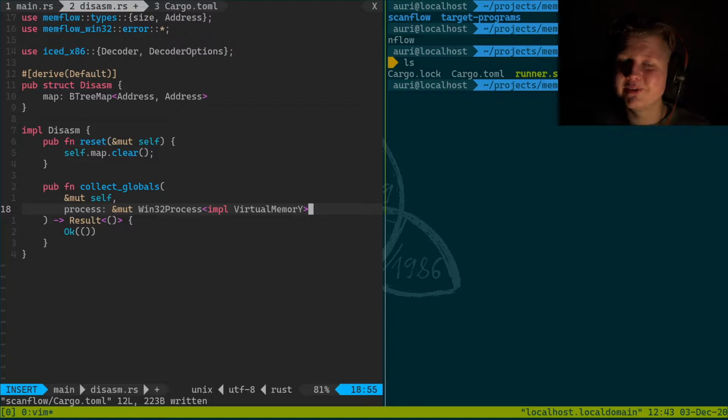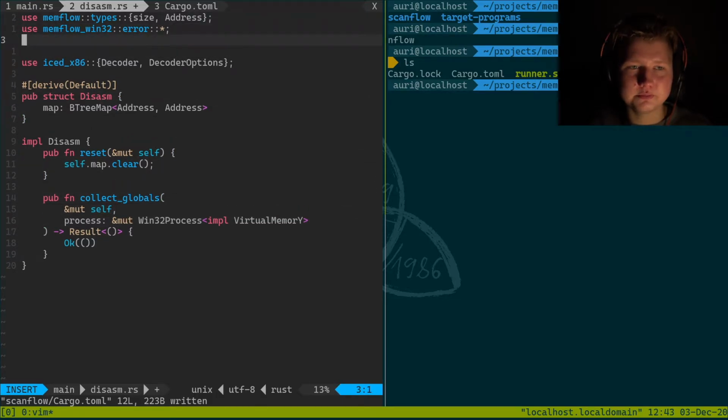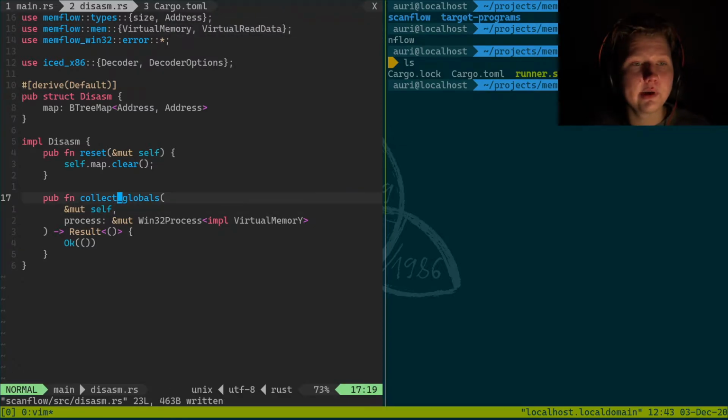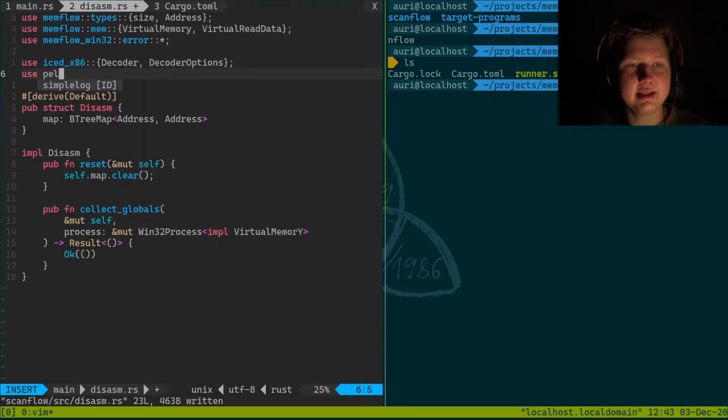And that's it. You don't need generic types. It makes the thing look much, much cleaner, in my opinion. And we're going to use memflow memory, virtual memory, and virtual read data. Definitely we're going to use that. We're going to use PLite, P-file, and we're going to start with the module list,